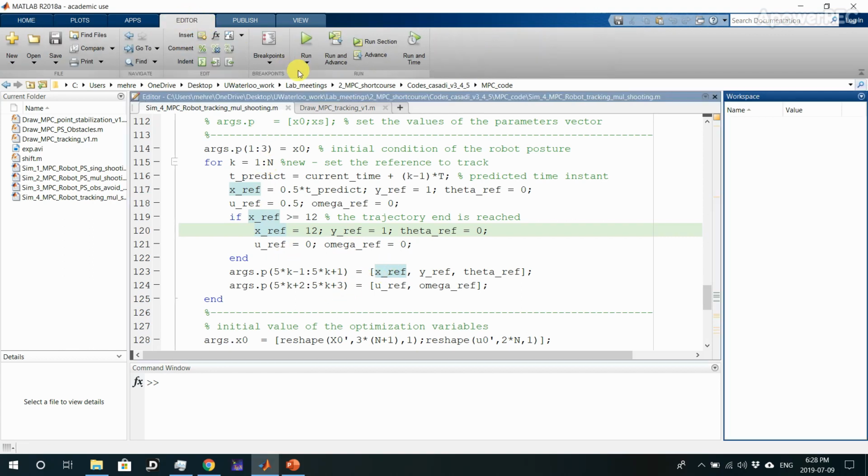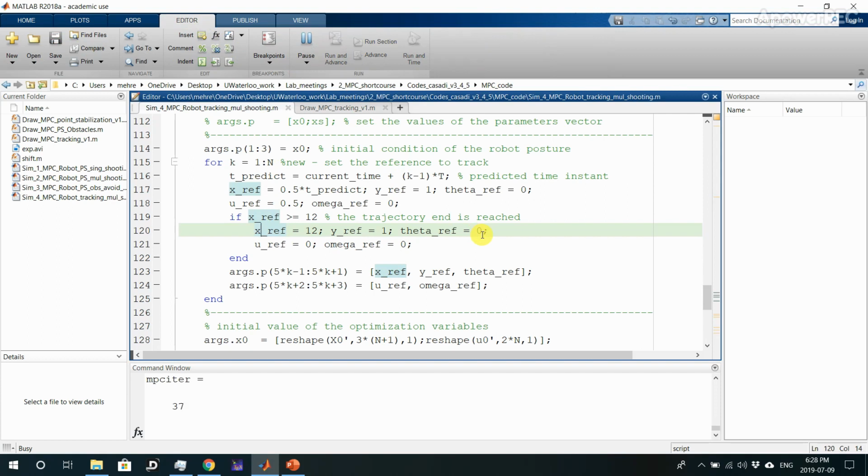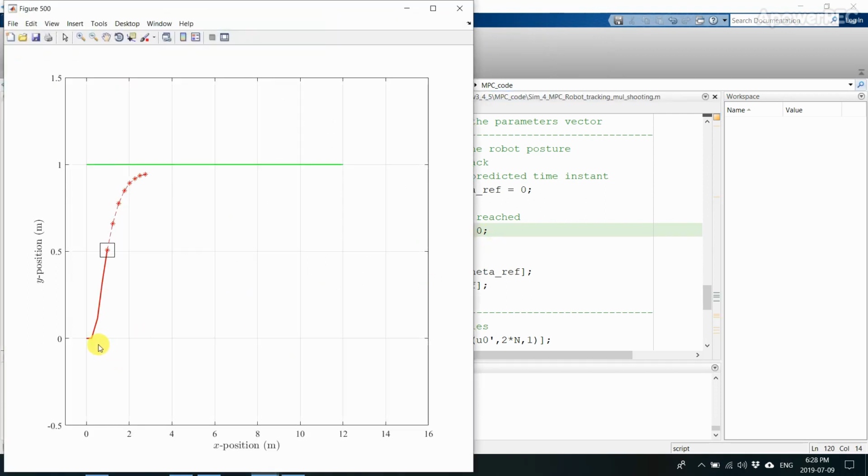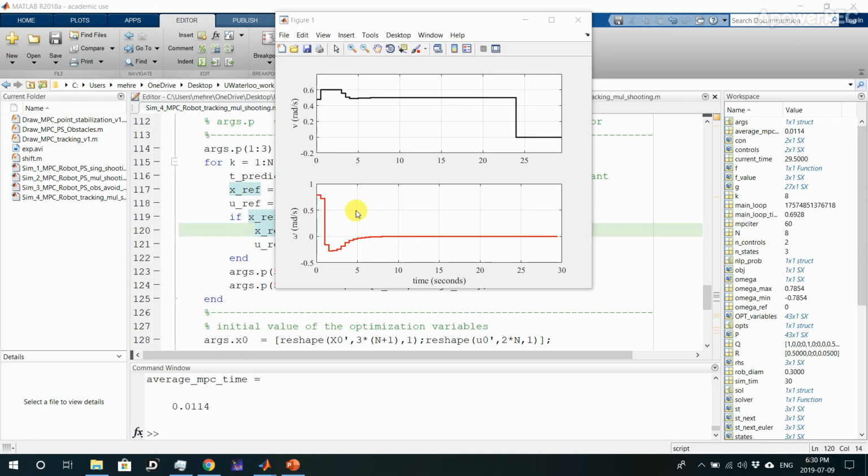So I'll go to editor and then run. So we'll get this closed loop performance. As you can see, this is our reference trajectory, and you can see that the robot converged to that trajectory and kept tracking it. And as the robot reaches the end of the trajectory, the reference becomes the same point and the robot stops there. So when the simulation ends, you will see a graph for the closed loop control actions for V and